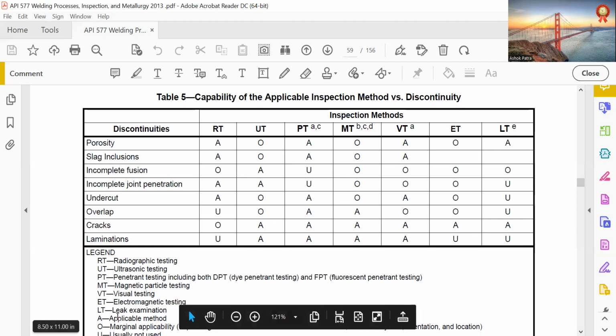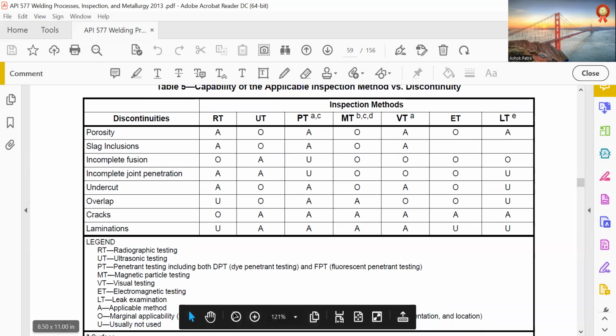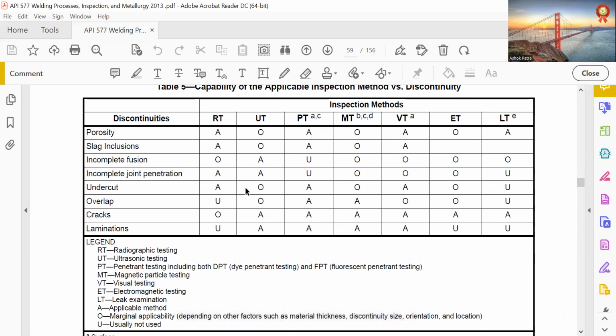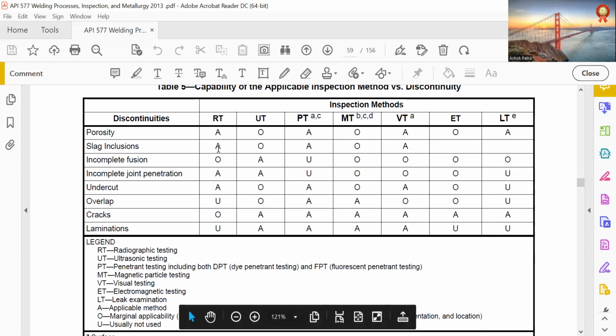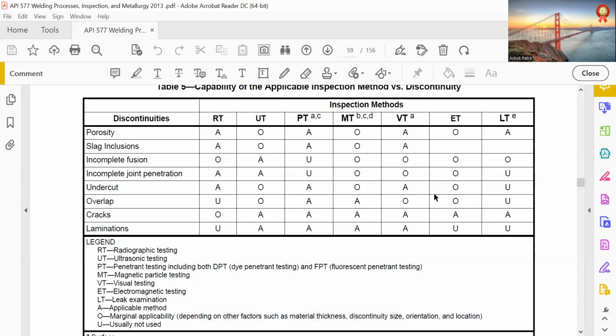UT usually not used, LT usually not used. Undercut: RT okay, PT okay, VT okay. Overlap: RT, PT, MT okay. Cracks: